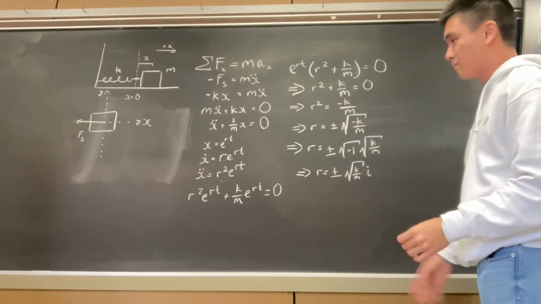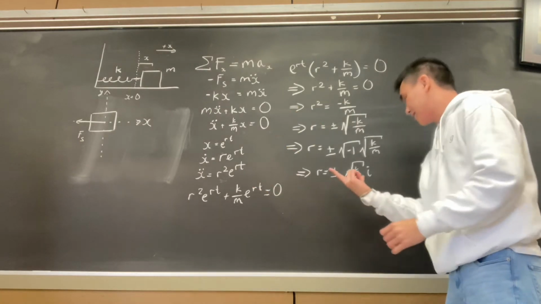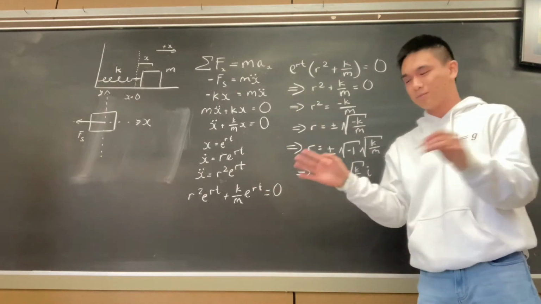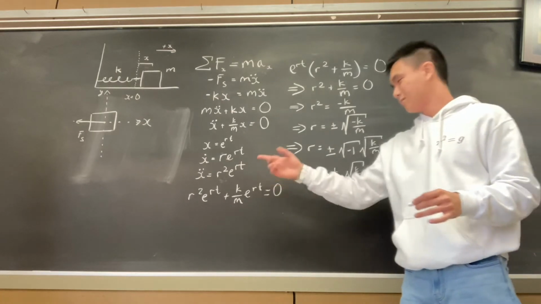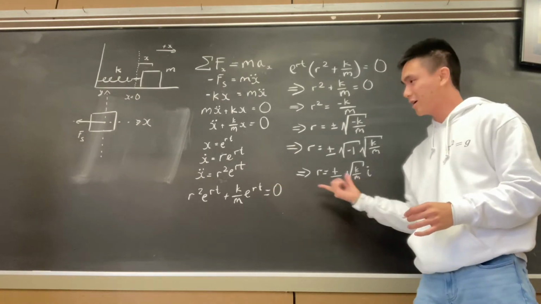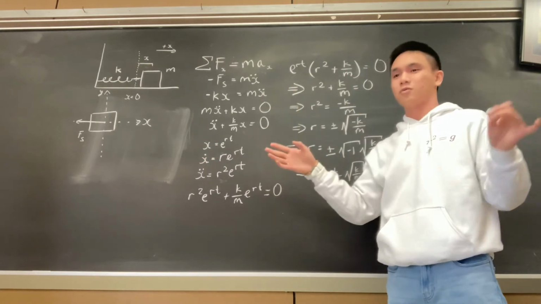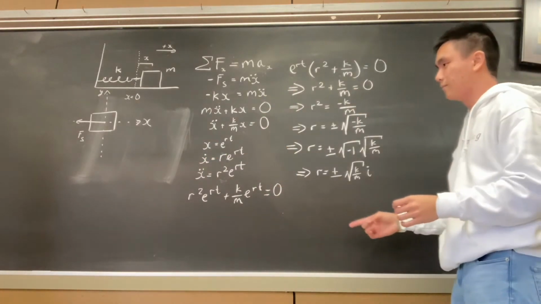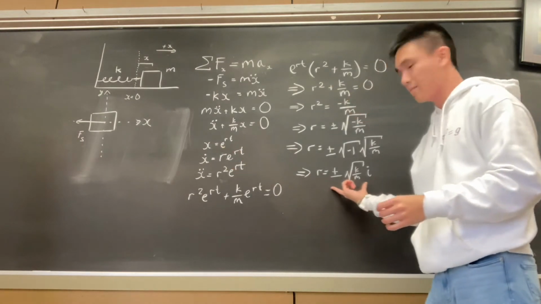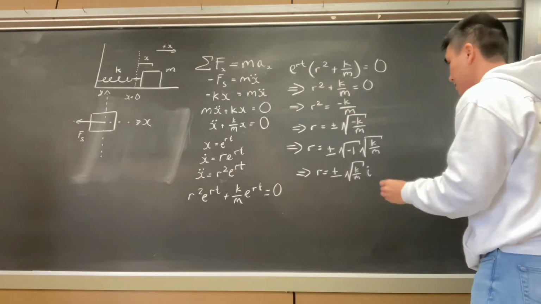So I'm just going to tell you that, given this value of r, mathematicians said that for an imaginary root, this x is going to take on a specific kind of form. So the general solution for an imaginary root is going to be